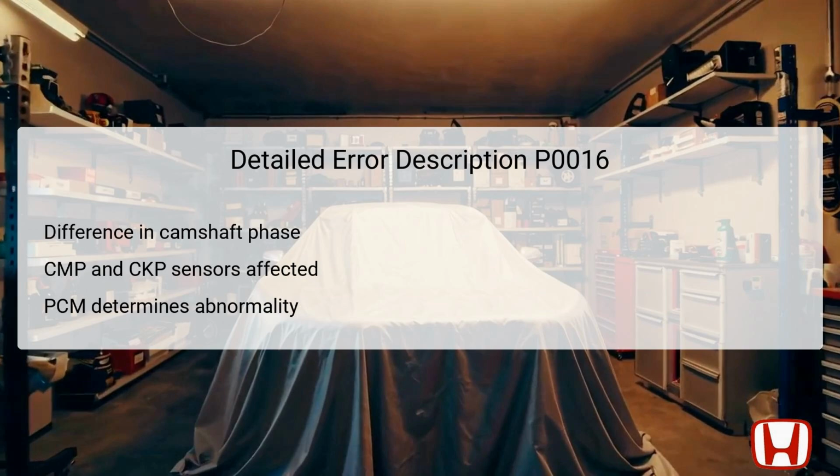engine's timing functions. The CMP sensor A is usually mounted on the cylinder head, providing real-time data about the camshaft's position. The CKP sensor, situated near the crankshaft, helps in determining the crankshaft's rotational position. If there's an excessive difference between these values, the PCM recognizes this as a fault and actively stores the DTC